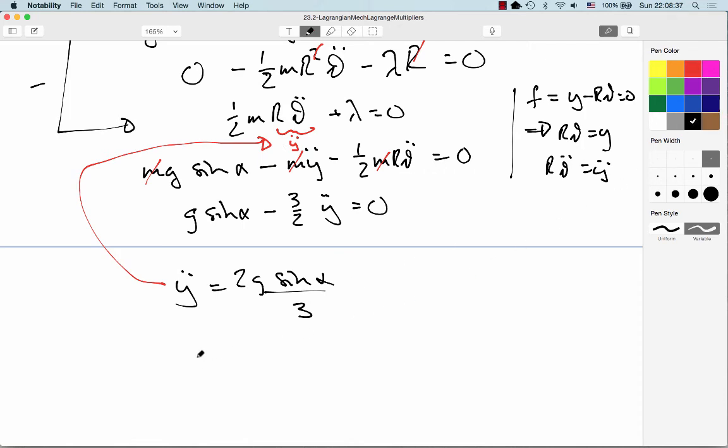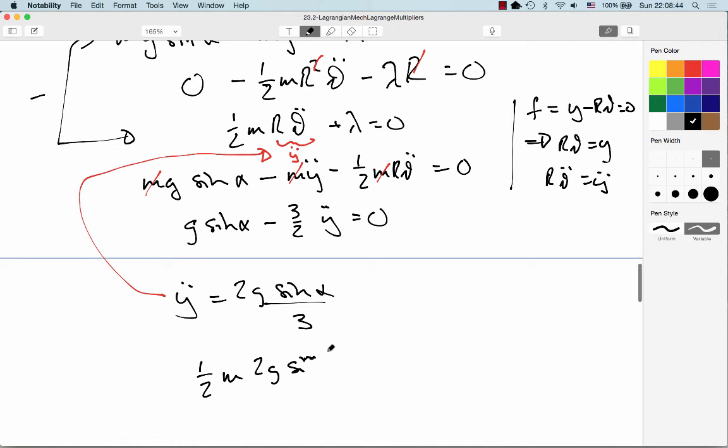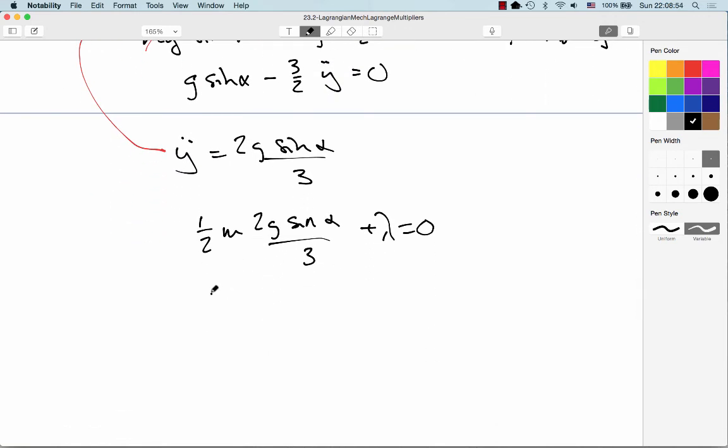So let's do that. So I have 1/2 m, then my y double dot is 2g sine alpha over 3 plus my lambda equals 0. So my Lagrange multiplier, which turns out not to depend on the time, so that's why I never bothered writing of t, will be, cancel, cancel, minus 1/3 mg sine alpha. All right, so now that I got my Lagrange multiplier,